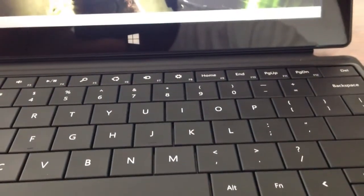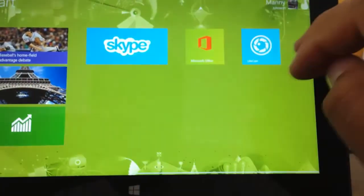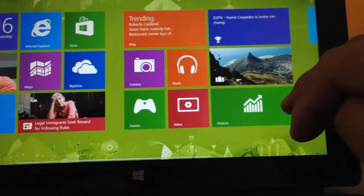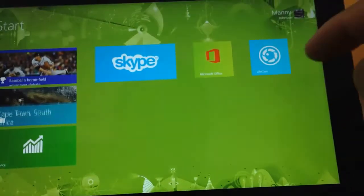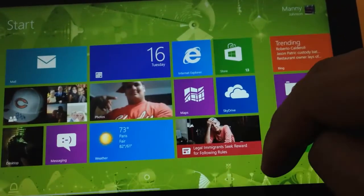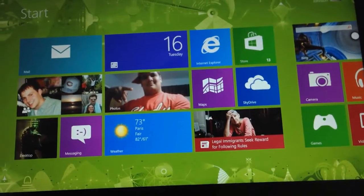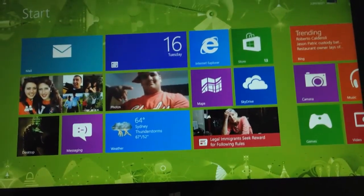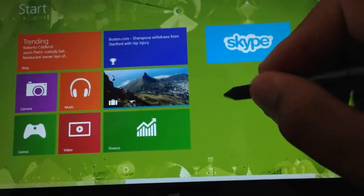Actually, no, I did not want to start Office. Okay, let me go back. I wanted to start, oh, I'm not seeing OneNote. I wonder if it's somewhere else. I know that OneNote comes somewhere on this thing. I know that with the Microsoft Surface, you get this program. It's called OneNote. It allows you to draw and sketch. And again, this pen has